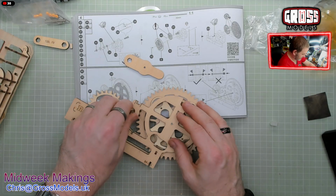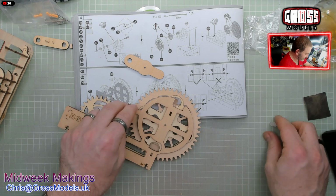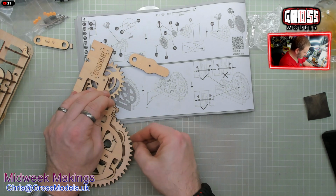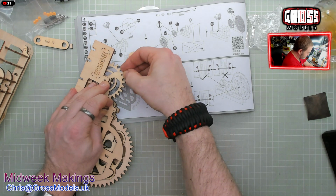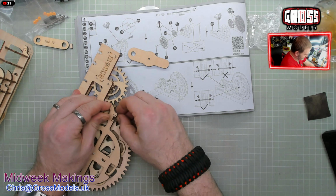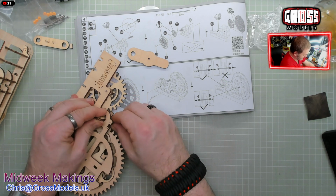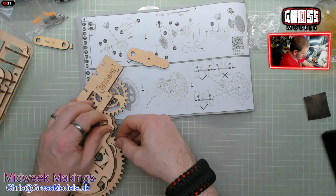Just like that. Okay. And then by turning that, you turn both of those. And then it does say lubricate the hole. But it doesn't say anything about lubricating the gears, but I'm going to, because I've had that problem with the other builds when everything just needs to be just right. And if it's not quite right, there's a little bit of friction creeps in, and that little bit of friction is often a little bit too much. So by making sure